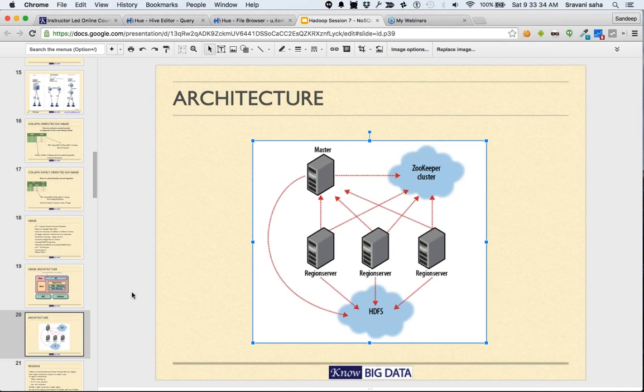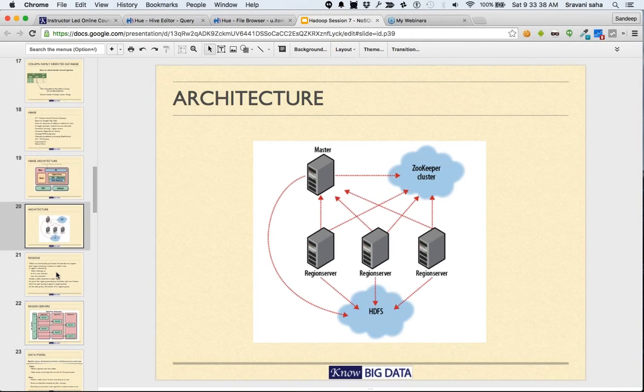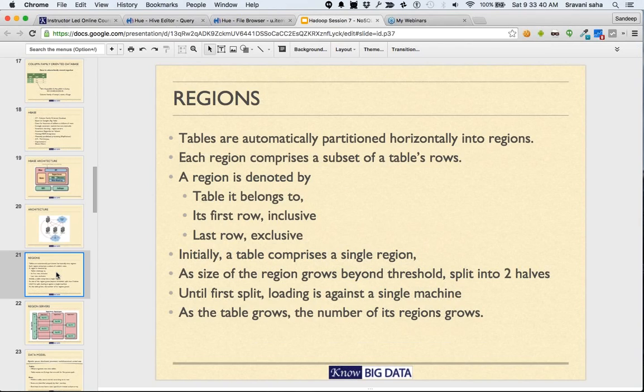All right. So that is the overall architecture of HBase. Now let's understand the reason. Tables are automatically divided into regions. Each region comprises a subset of table rows. Each region is denoted by which table it belongs to, what its first row is, which is inclusive in the